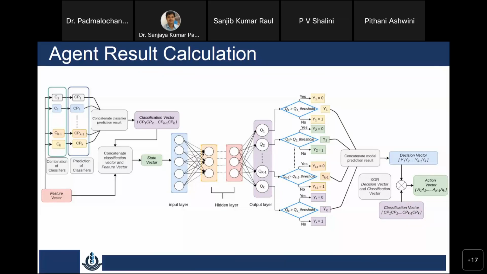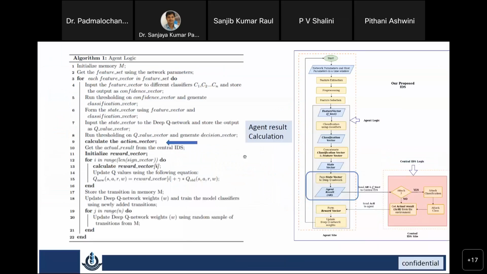So instead of sending data, can we send only model parameters? Model parameters can be sent, and then the reward can be calculated based on these model parameters by running this model on the IDS side, and then further fine tuning happens on the agent side. So this is called federated learning. This is coming in a big way for intrusion detection systems. Okay, so with this I will stop here. If you have any queries, you can ask.